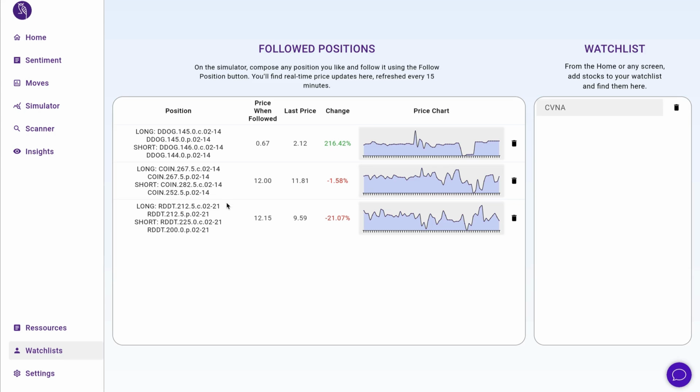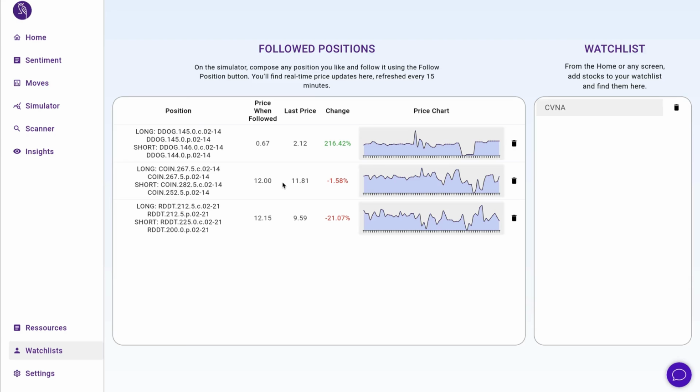For example, this is what happened for the Reddit position, where the stock did move a lot, but not enough for our break-even in our position. But as you see, we're fine with that. The loss here, and again, this is not optimizing the exit, etc., just going with the basic calibration, is the expected loss of 21% that we gladly take.